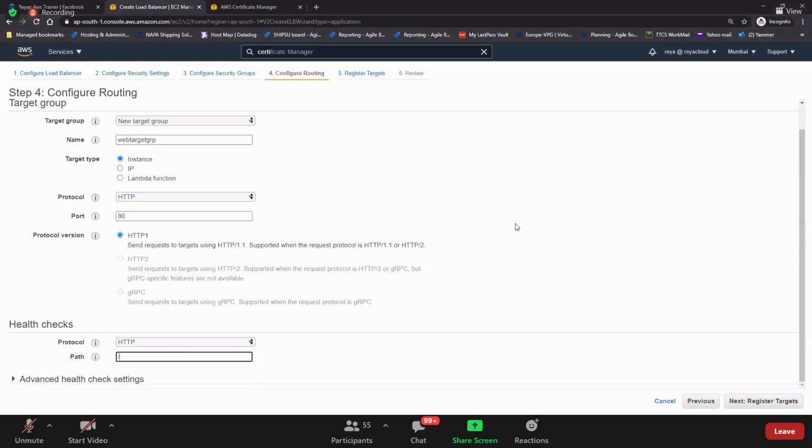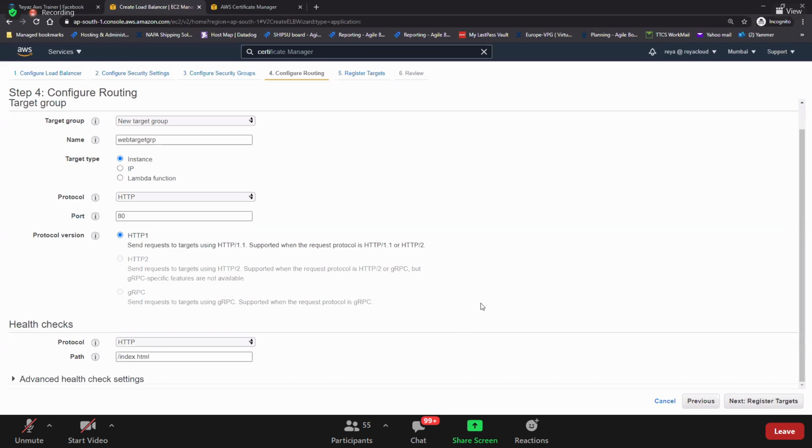Do you remember the health checks that this load balancer will do? Load balancer will do the health checks for what? For the EC2 instance or for the application? For the application, right? What is our application at the moment in our EC2 instance? Index.html, right? So keep this in mind. You should give a slash here. Many people make mistakes here, guys. So don't remove the slash. It should be /index.html.